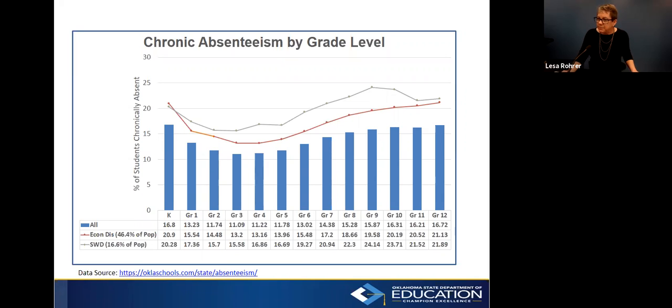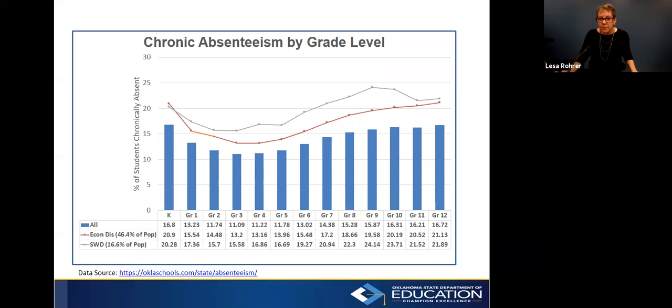So breaking this down by grade levels helps you identify those students and think about what barriers might be in place. We also populated this by student groups. And you'll notice that economically disadvantaged students we chose because it represents 46.4% of the population. And when we look at that trend line, we do notice that across all grades, our rate of chronic absenteeism among our economically disadvantaged students is higher. Again, students with disabilities, 16.6% of our population, their rates are even higher.